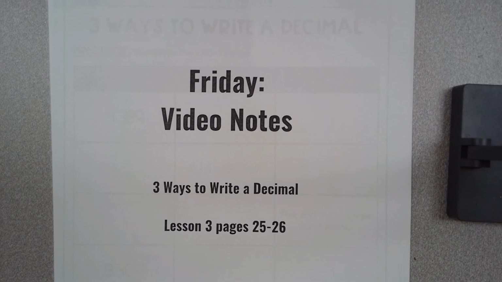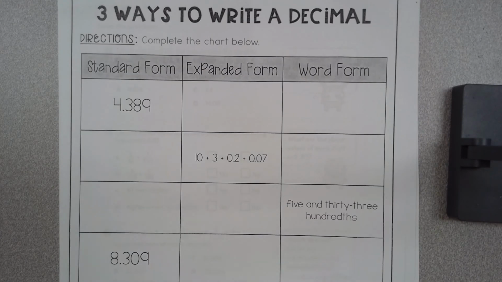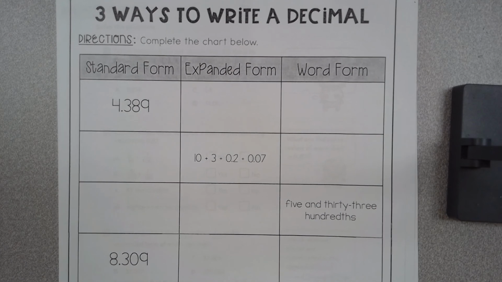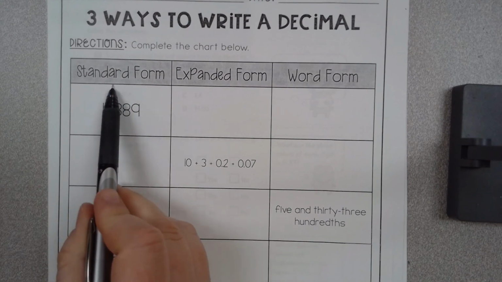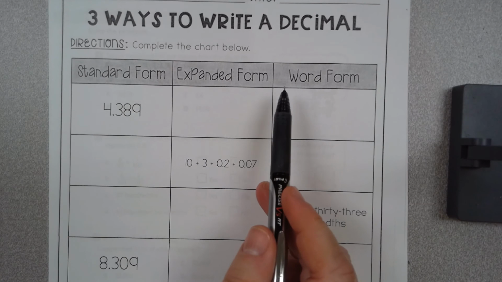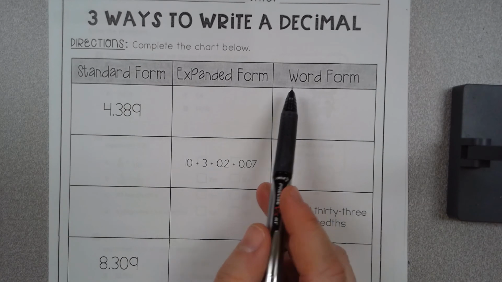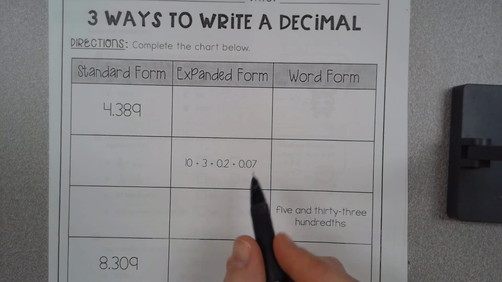This is 3 ways to write a decimal. And then we're going to do pages 25 through 26 of lesson 3. The 3 ways to write a decimal is a real straightforward practice sheet that I bought off Teachers Pay Teachers. You have standard form, expanded form, and word form. And with the expanded form, they're requiring you to just do the value of each number,